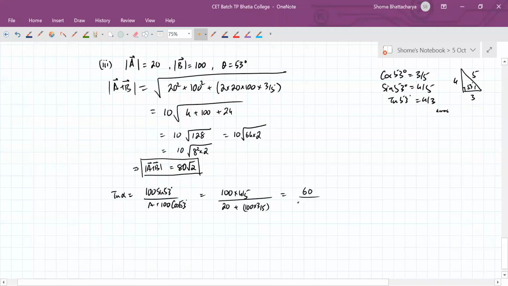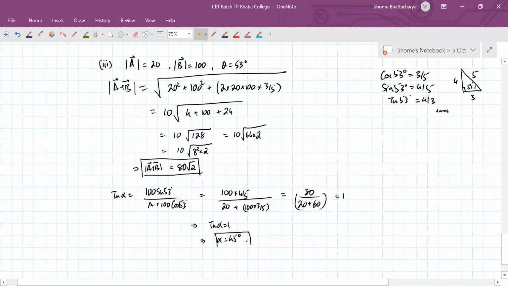So 80 upon 20 plus 60. That's 1. So tan alpha equals unity means alpha is